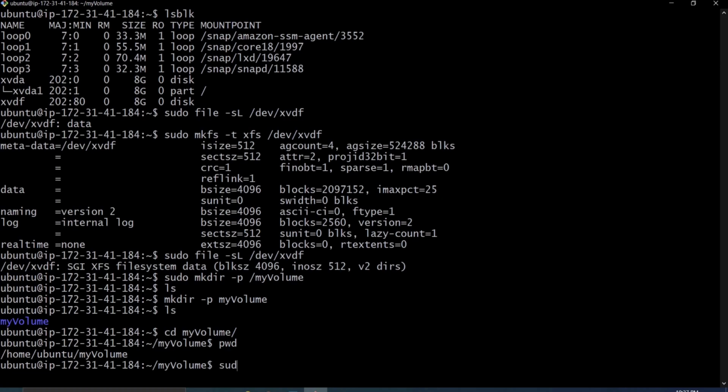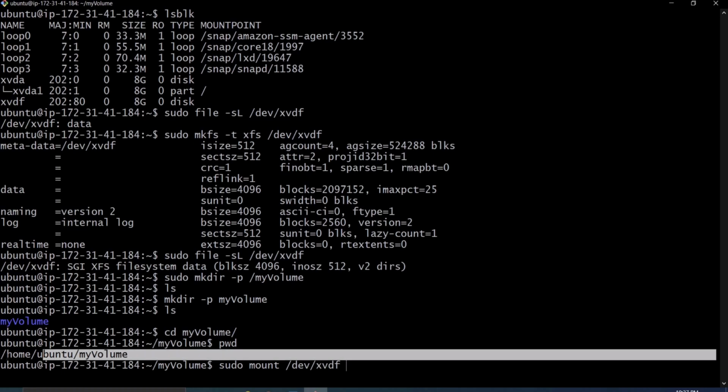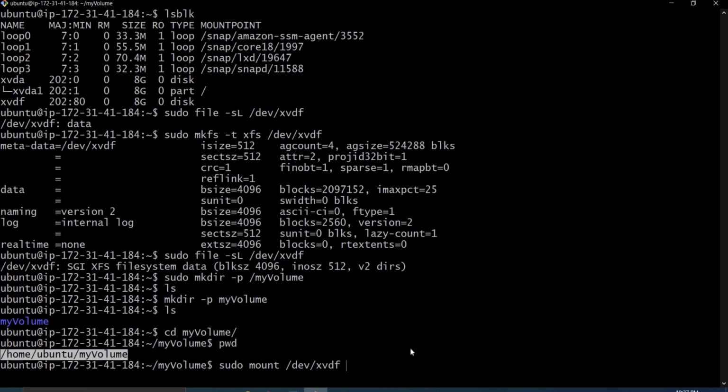The command is sudo mount, then we have to provide our device name here, and we have to provide the path of where we need to mount. So just copy this, paste. So this is now mounted, so it can appear in our file system.